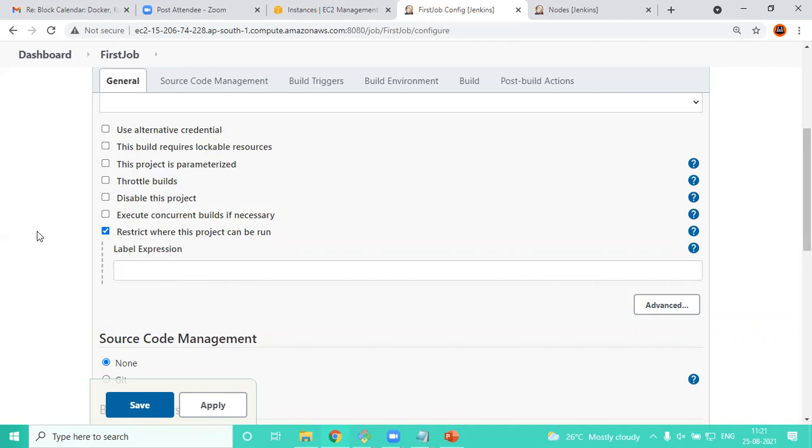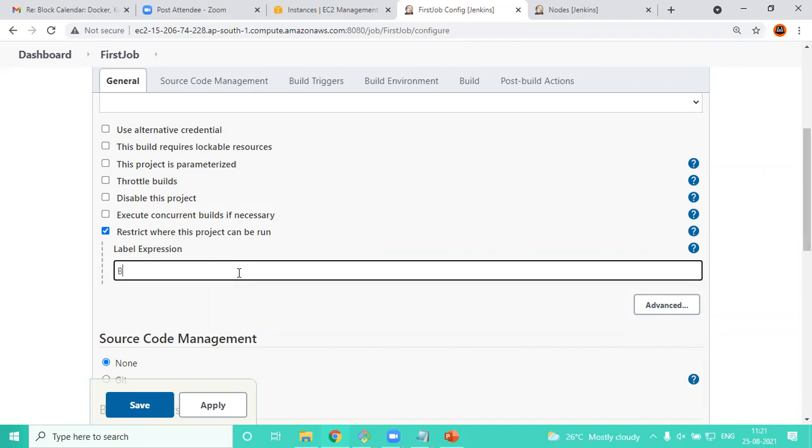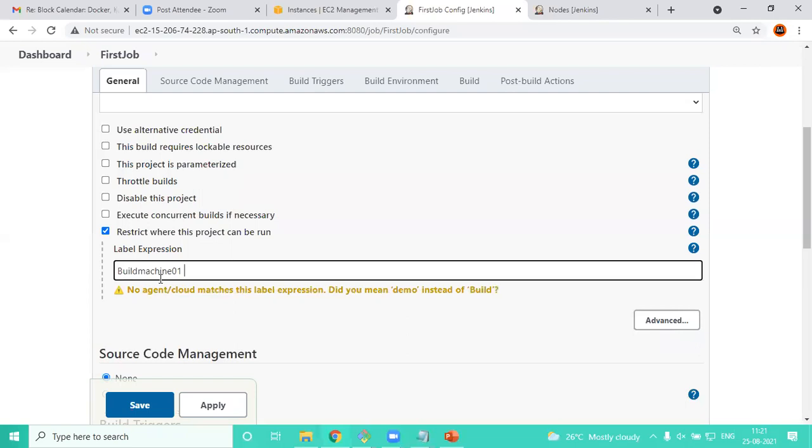But if you do not give this, then Jenkins will run it on the master. So for those who have created a machine, we can add that here, or this is where you can give the machine name. By giving this machine name, Jenkins will directly run in this machine only